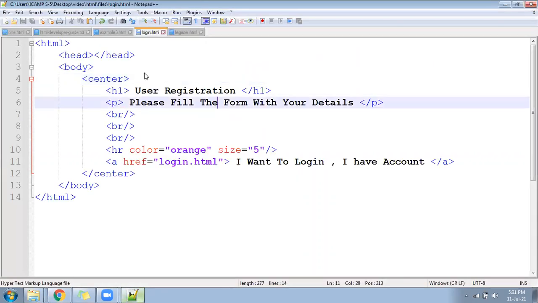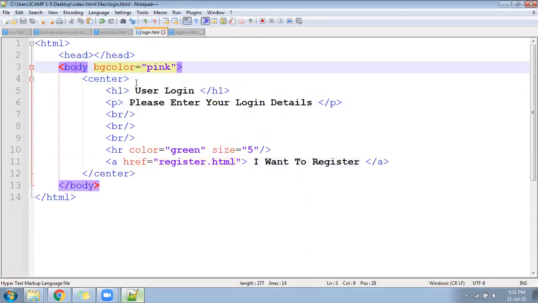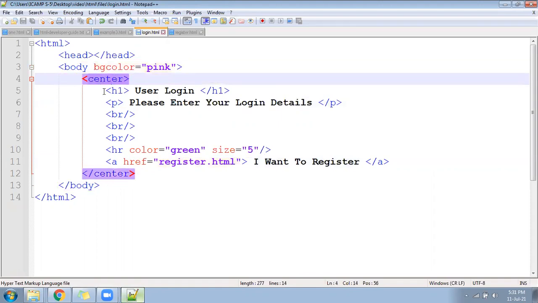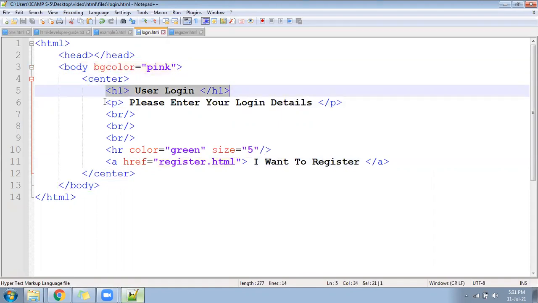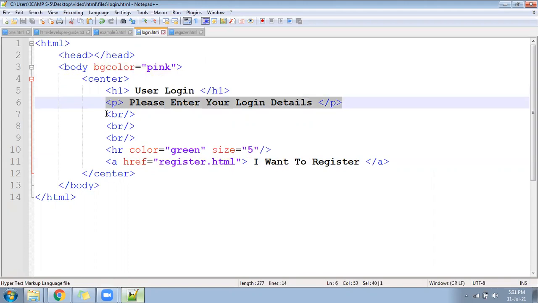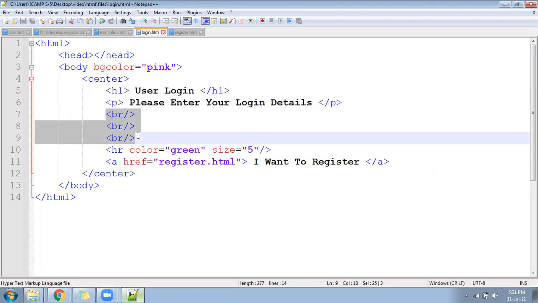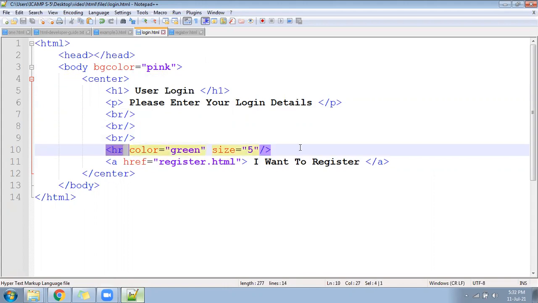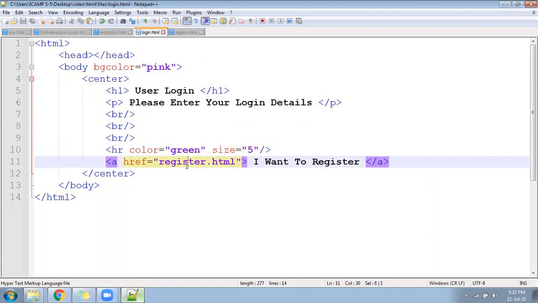First, come to the login page. What we did: we set the background, we wrote a center tag, we wrote one H1 heading, a paragraph text message, and a break. Why? Because content is not there as of now, so let's keep a break. And we wrote one HR tag to keep a line from beginning to last, and we wrote an a tag to link to the next page. Which page?